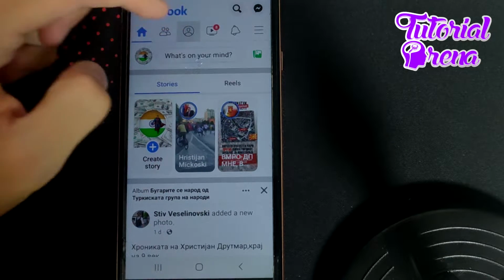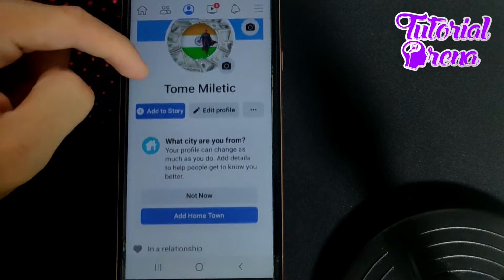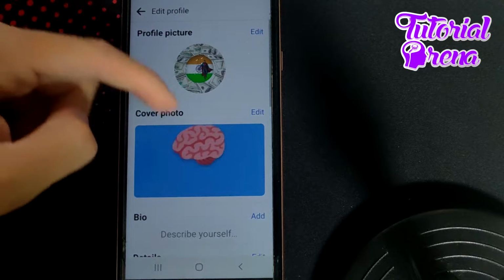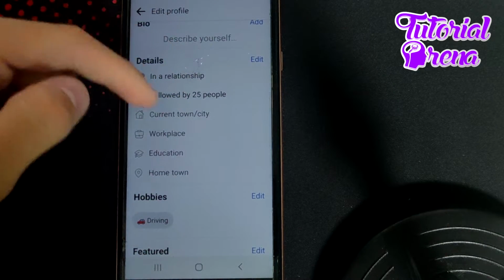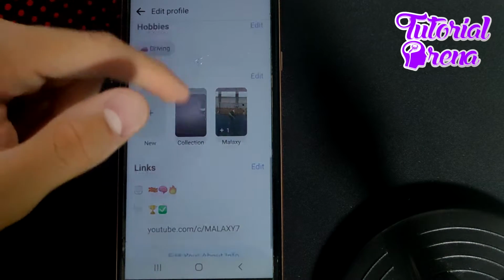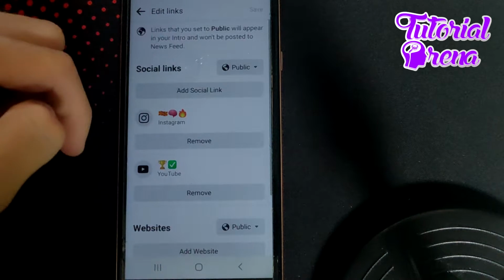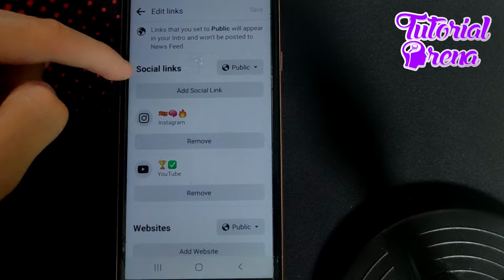your profile selection. Just go on it, and right from here you can simply go edit profile, and from here if you scroll down, here as you can see you have details, you have feature, you have hobbies, you have links. Now go edit on this side of links, and right from here as you can see there are social